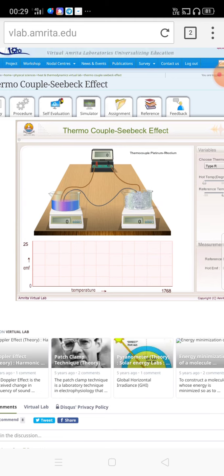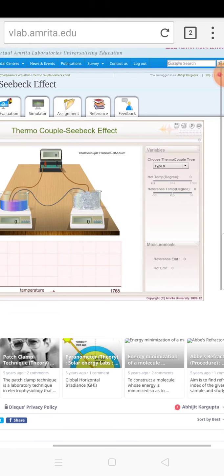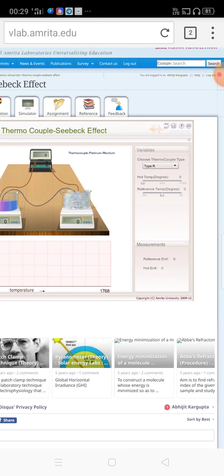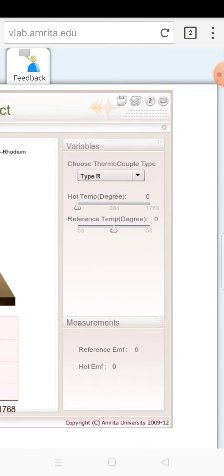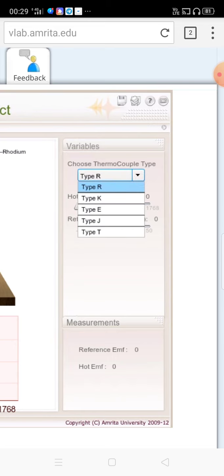If you use a laptop or desktop, you will have to add a flash player there, otherwise it will not work. But for mobile, you have to use your Puffin app, and for recording you have to use screen recorder software. Now look over here, it is a panel. Clear the variables, then choose the thermocouples of different types. Pressing it, you see there are different types of thermocouples showing in the combo box: type R, type K, type E, type J, type T. I have already told you that in industry they are known by these.